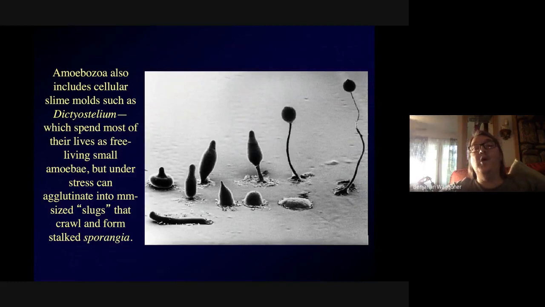And when the whole thing dries up, the spores blow away on the wind, and with any luck, some of them will drift into a better environment with food, and they'll become new amoebas again. So this thing is mostly single-celled, and then they join to make a multi-celled structure, which is a really neat trick and raises some really awesome evolutionary questions.